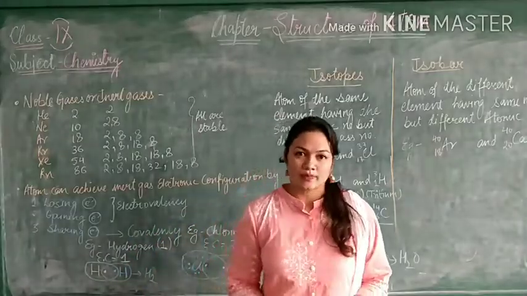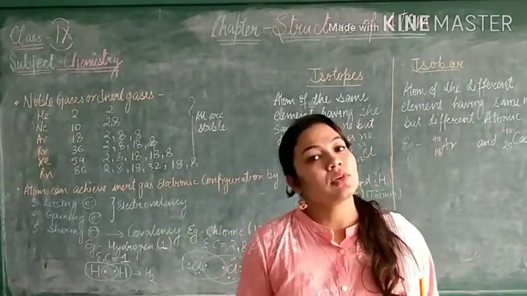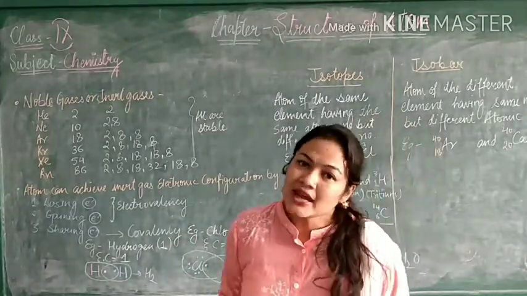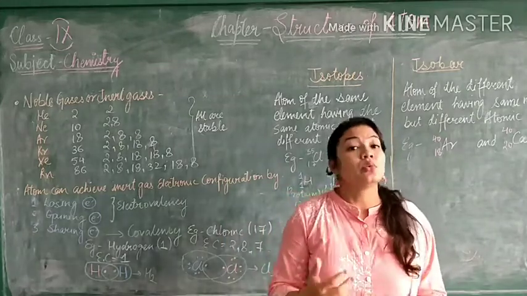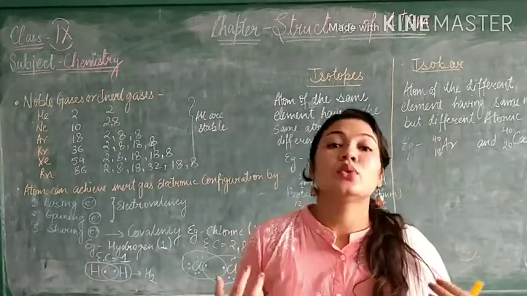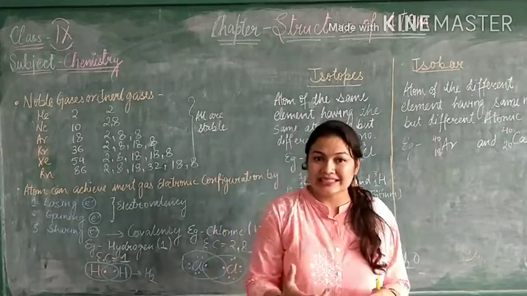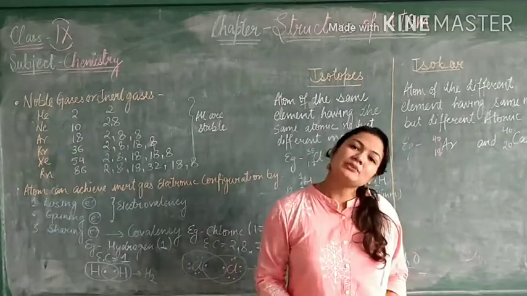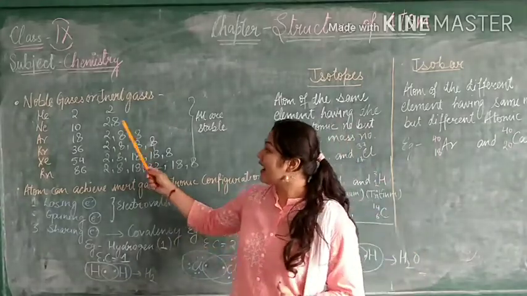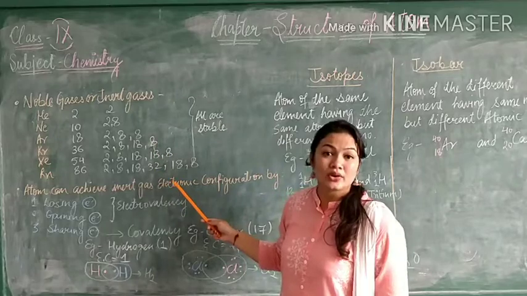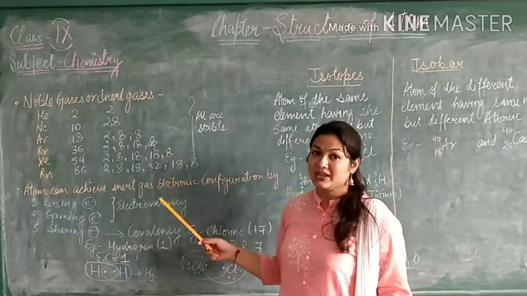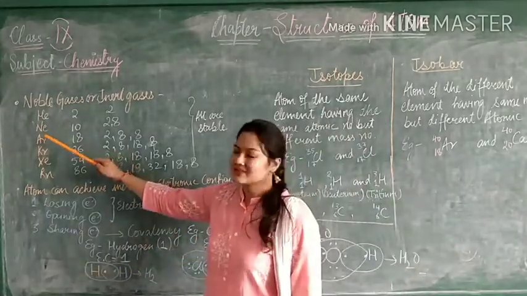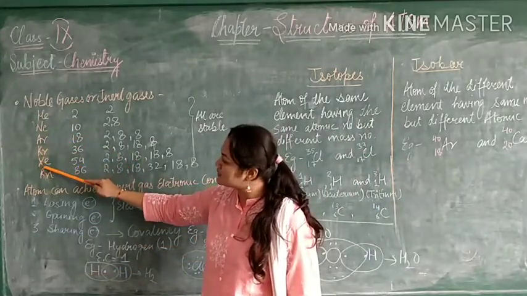So after the topic valence electron and valency, there is one more topic, that is noble gas, which we also call inert gases. You must have heard in 8th class what noble gases are. Noble gases are those gases which do not react easily with the surroundings or with any element. The reason behind that is they have a stable electronic configuration. That means they are very stable. They have 8 electrons in their outermost shell. The noble gases are helium, neon, argon, krypton, xenon and radon.